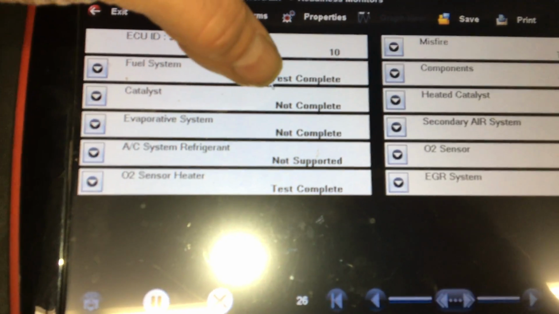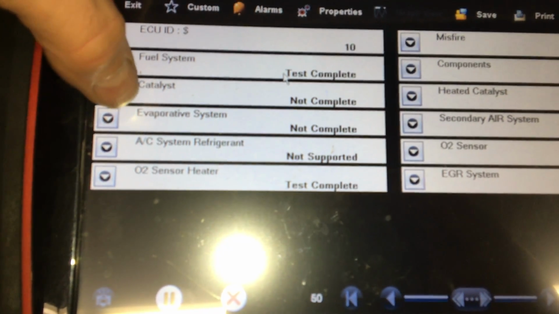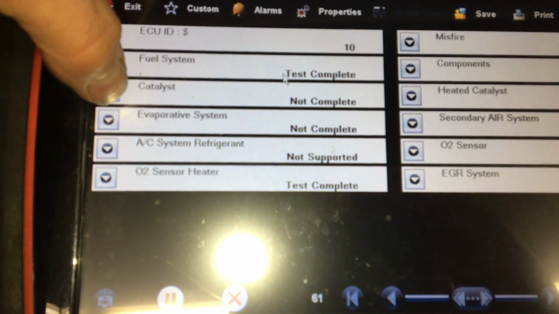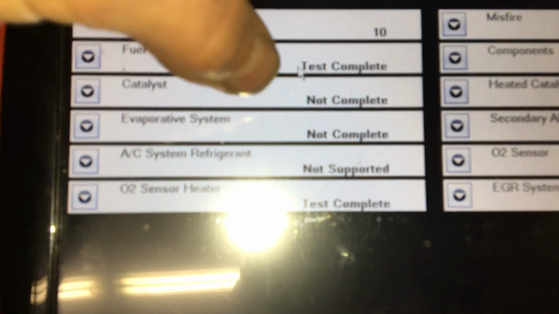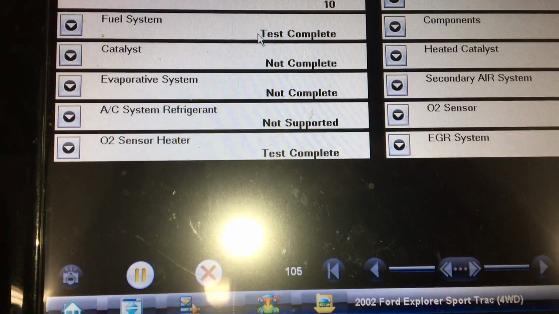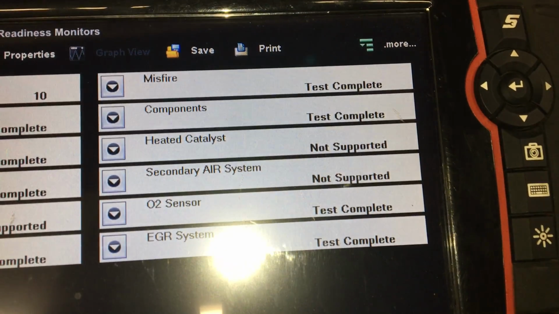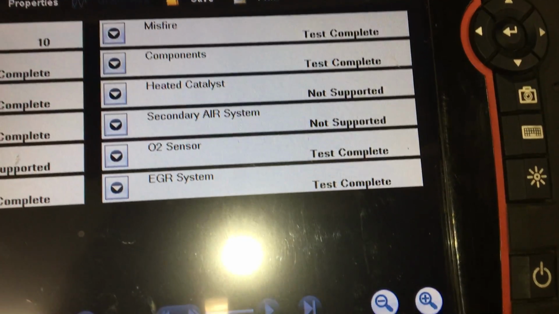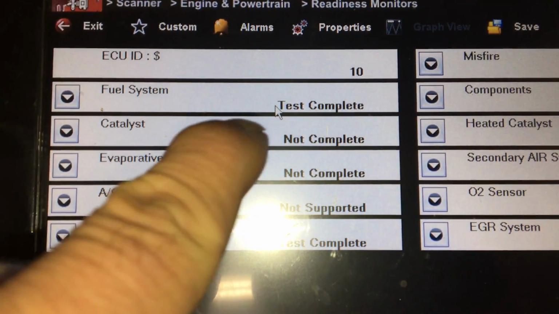See, look at this. Test complete. It has not passed the CAT test, and I've driven this thing like 2 or 3 days, home and back to work. How crazy is that? EVAP system not complete. How crazy is that? Not supported. Okay, the O2 heater test is complete. Misfire is complete. Components not supported. Test complete. Test complete. I need to get that EVAP to run, and also I'm going to tell the customer,